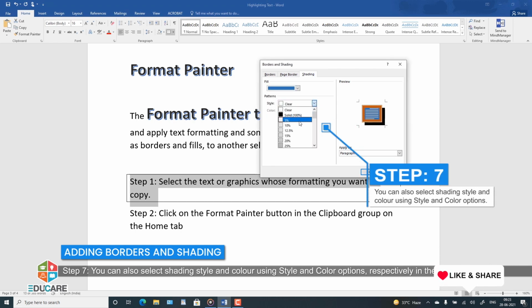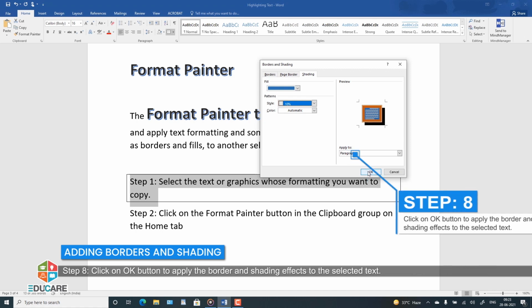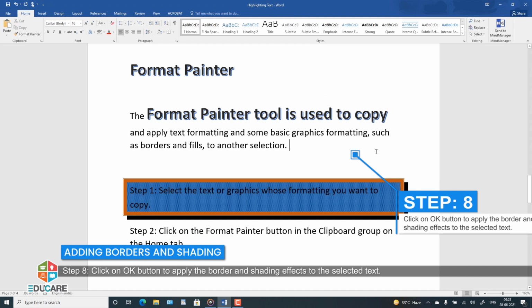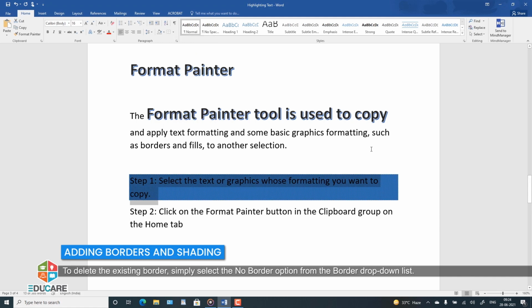You can also select shading style and color using Style and Color options, respectively, in the Patterns section. Step 8. Click on OK button to apply the border and shading effects to the selected text. To delete the existing border, simply select the No Border option from the Border drop-down list.